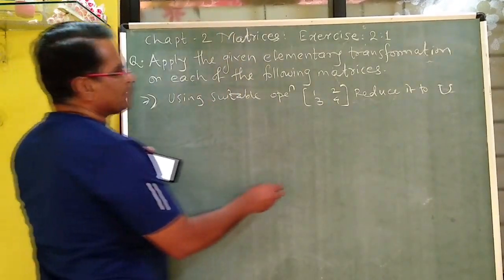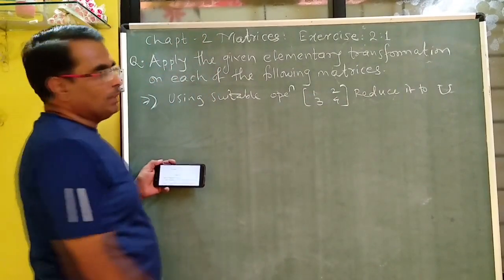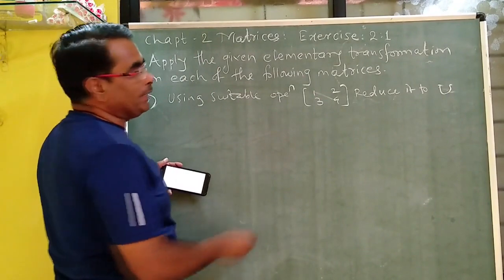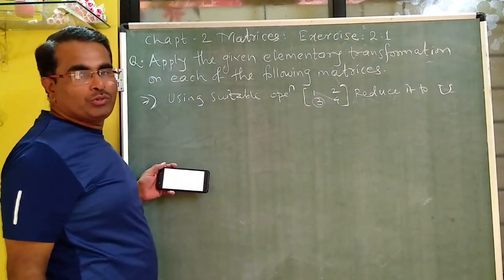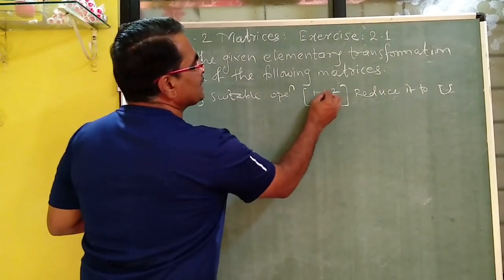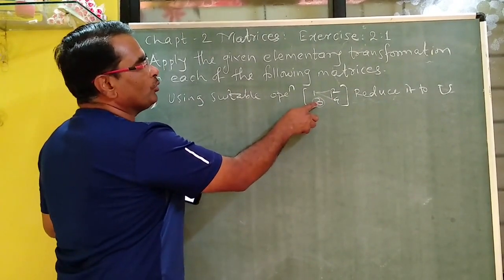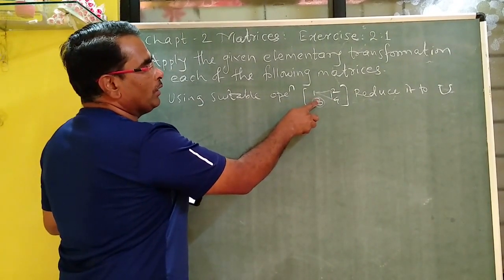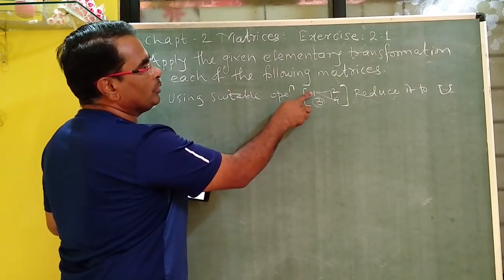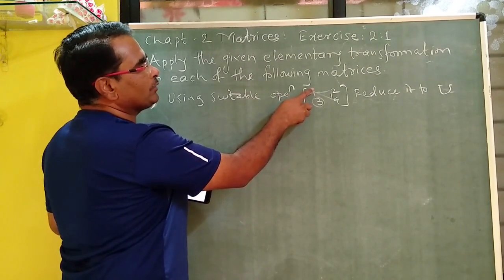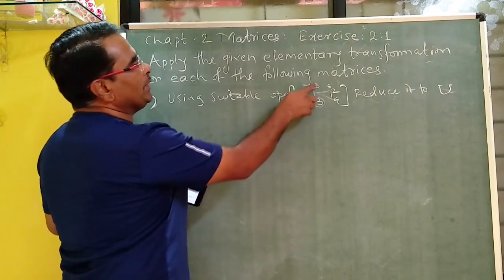So upper triangular matrix means we know that there will be an existence of diagonal for a square matrix. This is your diagonal for a square matrix, and if all elements below the diagonal are 0, that is we have to reduce this element to 0, then the elements are existing in the upper triangle, and that is called an upper triangular matrix. So to make this 0, you have to use the operation R2 minus 3 times R1. If you multiply by 3, then you will get 3 here and 6 here, and 3 minus 3, that becomes 0.